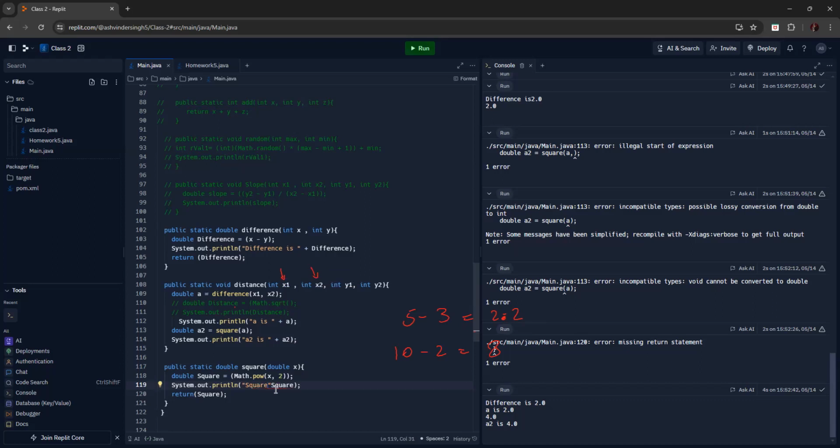So what you have done is not a bad thing and it's not wrong. But what I meant is that you don't really need to make it a double. You don't really need to change it to double. You can still make it integer, and square can still be integer. It's up to you. What you're doing is not bad, but the only consequence is